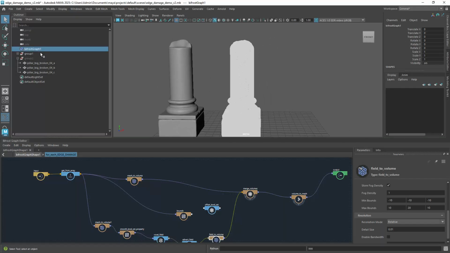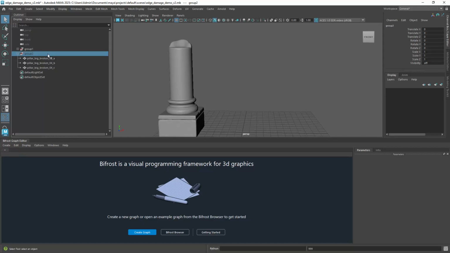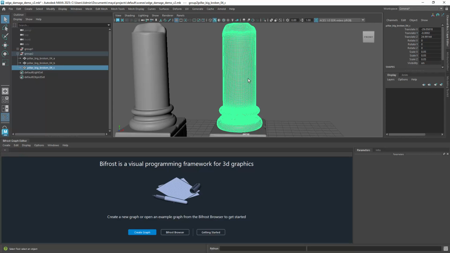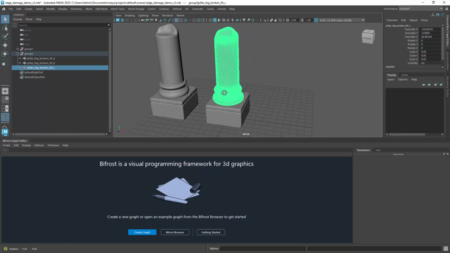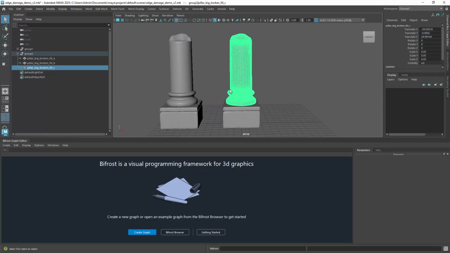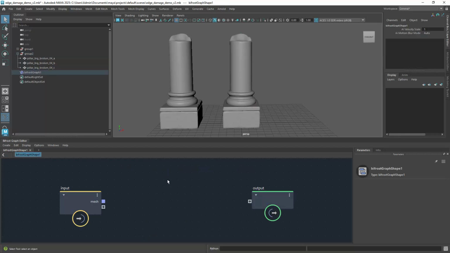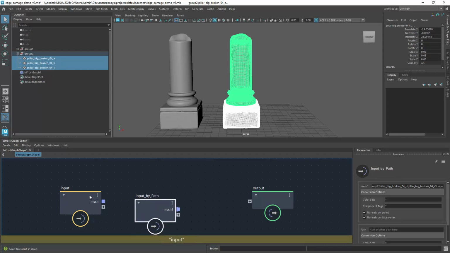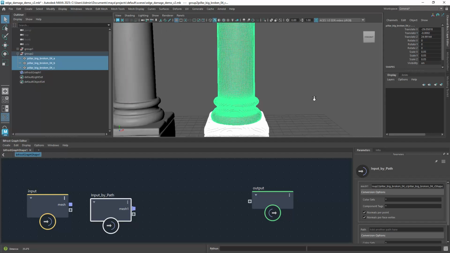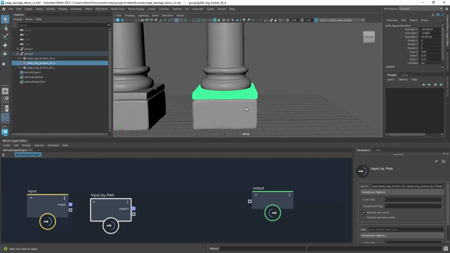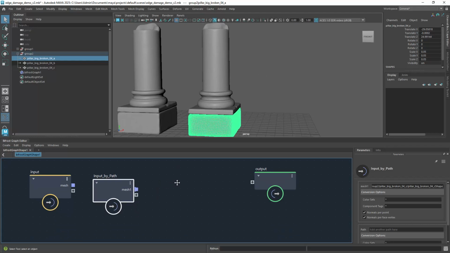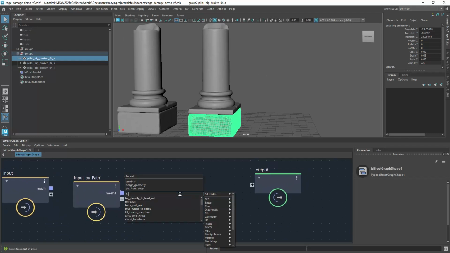So I'm gonna delete this graph and unhide the smooth out pillar. It's just converted from the smooth mesh preview. And I'm gonna create a new graph and grab these three objects and middle drag them to the graph. And since we have three different objects, we want to loop over them. So let's do that. So for each,